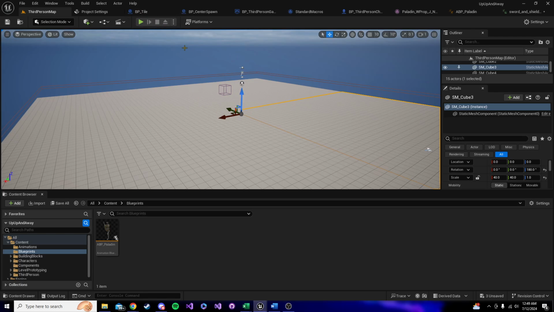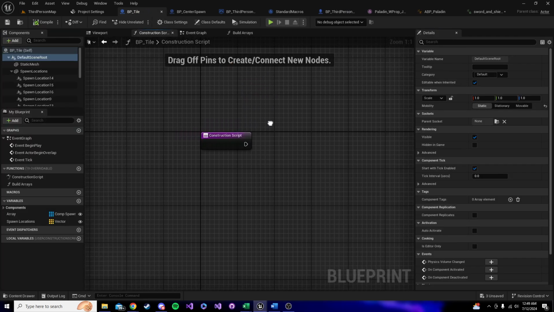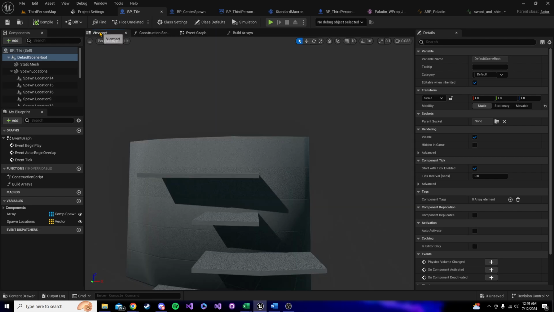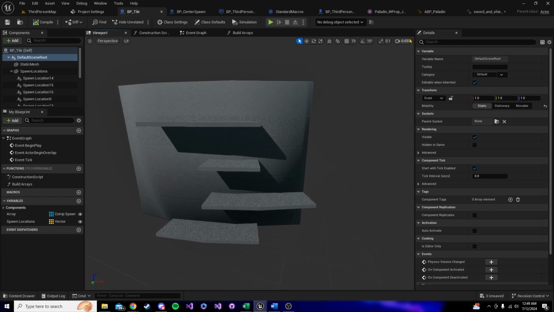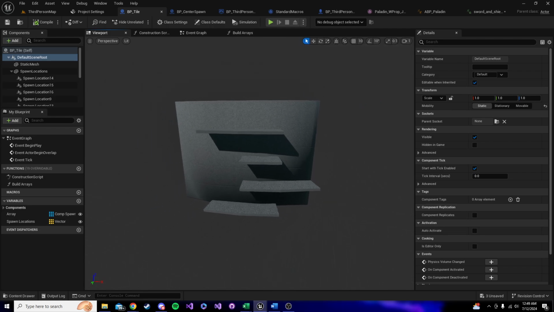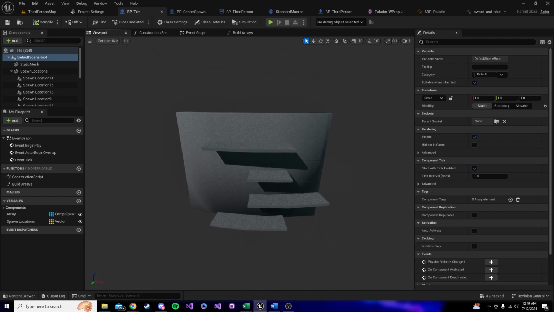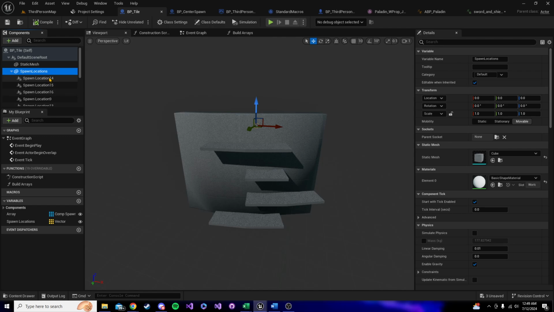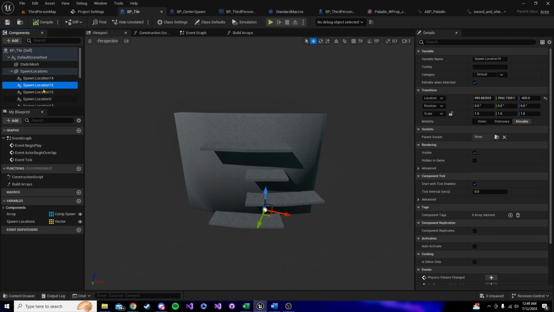I have been trying to decide how I want to handle the creating of things in the world, right? How enemies get spawned in, or how maybe other weapons or power-ups or health or random things like that. How do those spawn into the world? What I decided to do is add a bunch of spawn locations to my tile blueprint